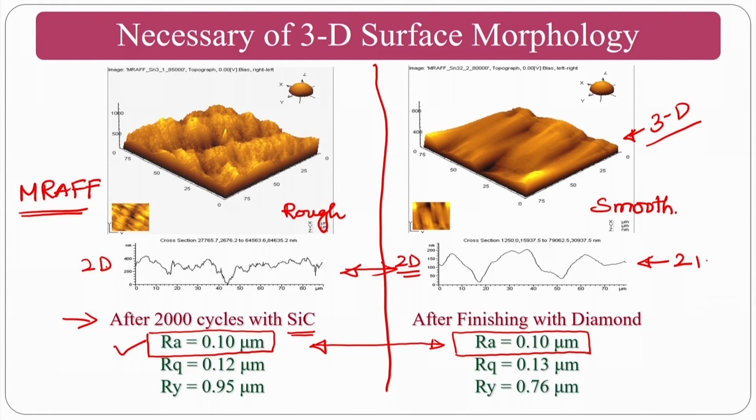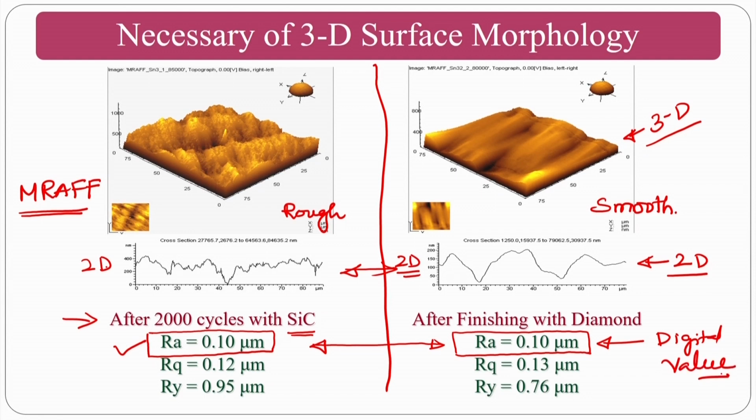Okay, that's why the people who are doing research and other things, they should go for 3D surface profiles if you have the facilities available at your institute. Okay, so that you will get a good knowledge about the complete overview of the surface. This is the beauty of taking a 3D surface profile and analyzing its 2D surface and getting the digital value also. Okay. So, a 3D profile will give you a 3D image, it will give you a 2D image, and it also gives a digital value.